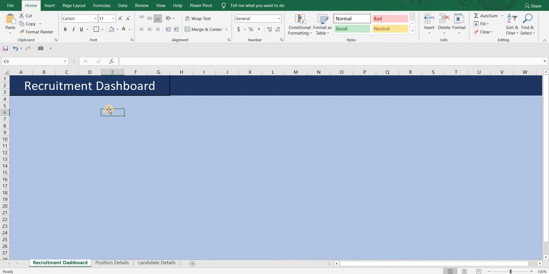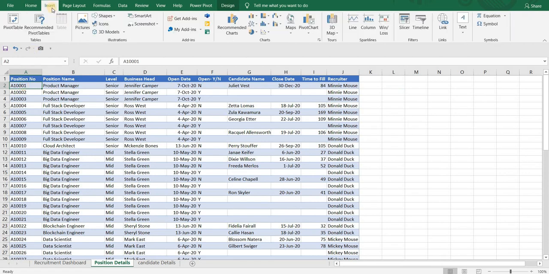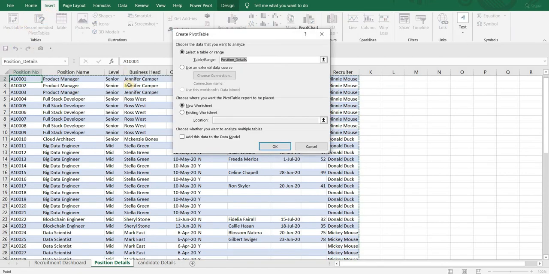Next, I want to calculate total position. We can use the count formula, but since we are making an interactive dashboard, we will add a pivot table on the position details sheet. Go to Insert, go to Pivot Table and click on Add this data to the data model.